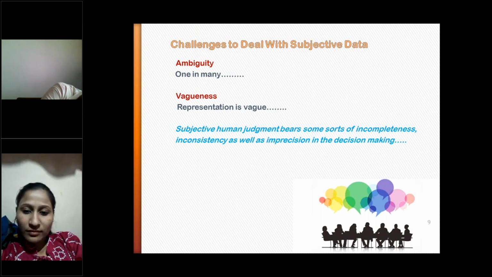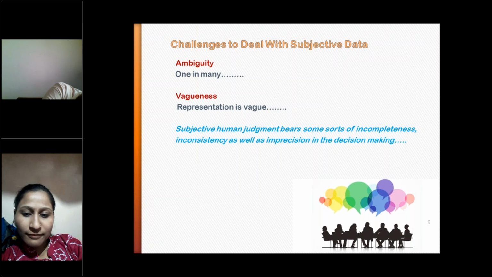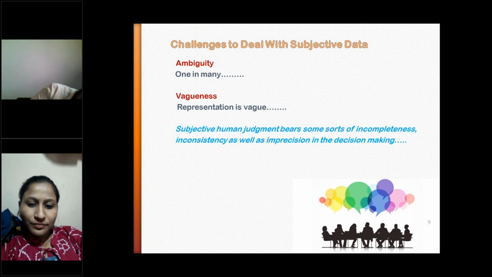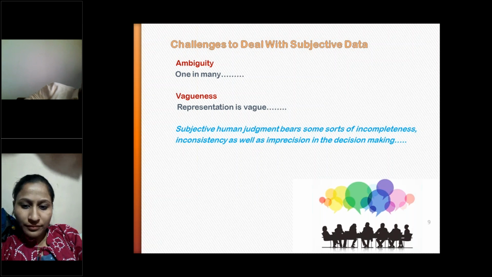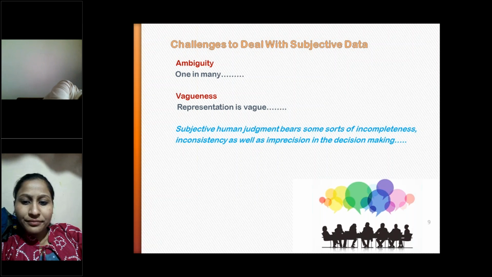Understand, decision maker, there are three types of decision maker. One is optimistic decision maker, one is neutral decision maker, one is pessimistic decision maker. Optimistic decision maker always assess in higher side, and pessimistic decision maker lower side, and neutral decision maker in between